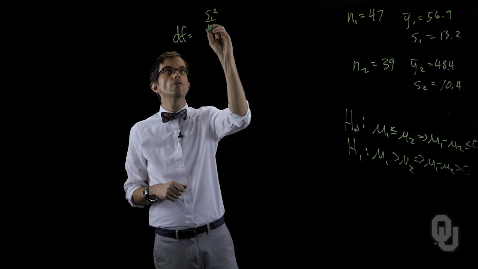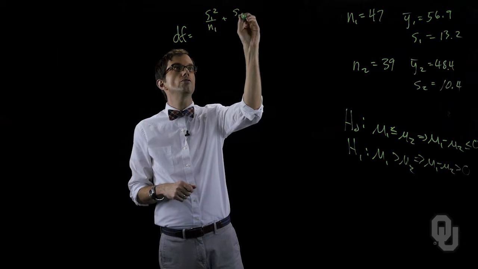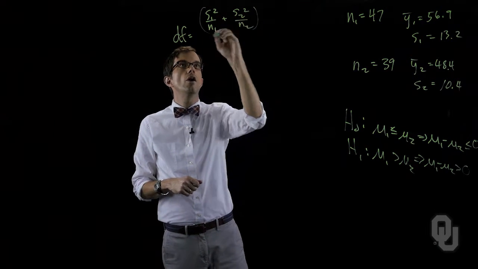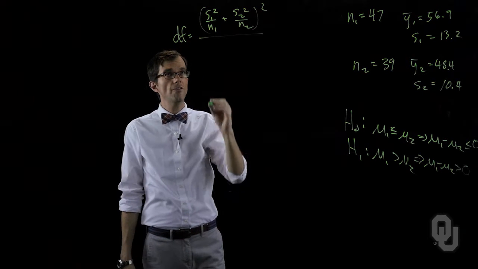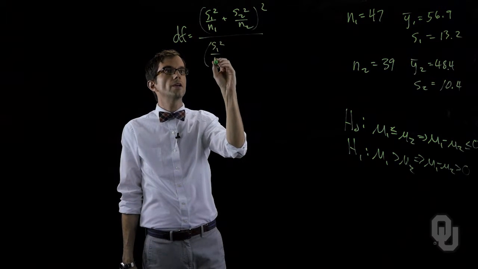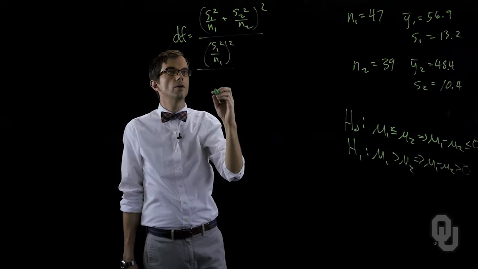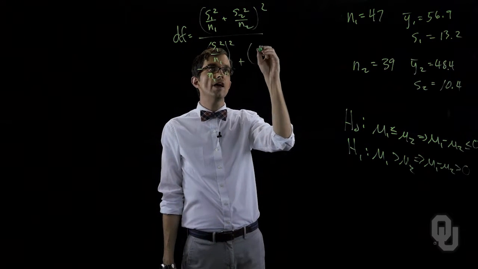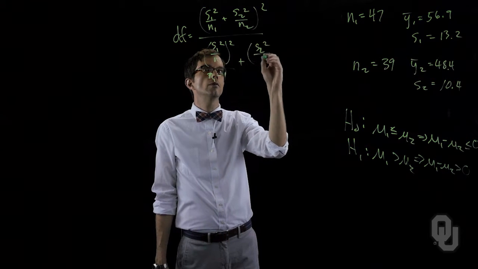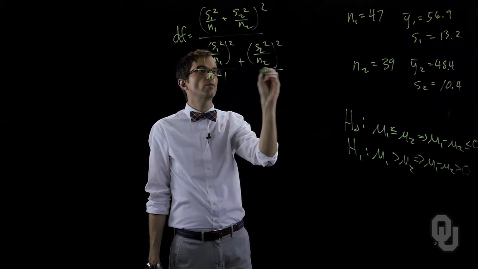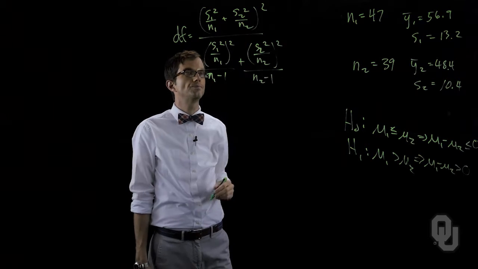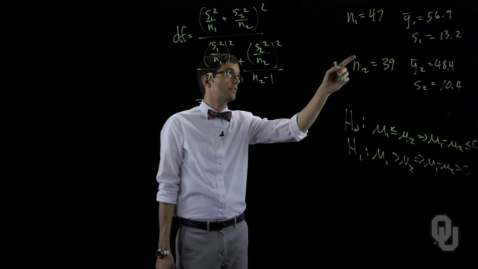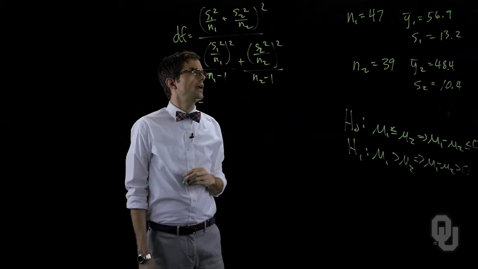That's (s1 squared over n1 plus s2 squared over n2), all of that squared, divided by (s1 squared over n1) all squared, divided by n1 minus 1. Add to that (s2 squared over n2) all squared, divided by n2 minus 1. We input all this stuff into here, and we get